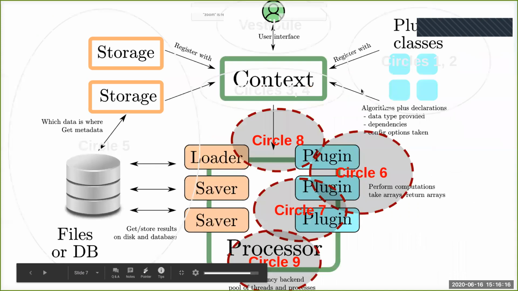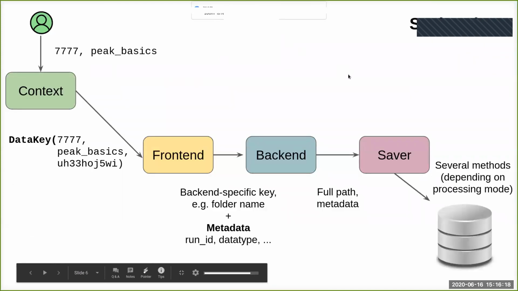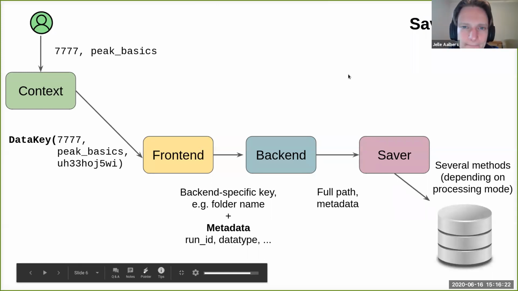So the storage front end is something that you specify when you're making a context. I'm assuming everything beyond the front end is by design hidden from the end user, so you wouldn't be able to specify, "I want to look for this data in this specific location." You do have backend-specific arguments, I'm guessing that's largely by design.